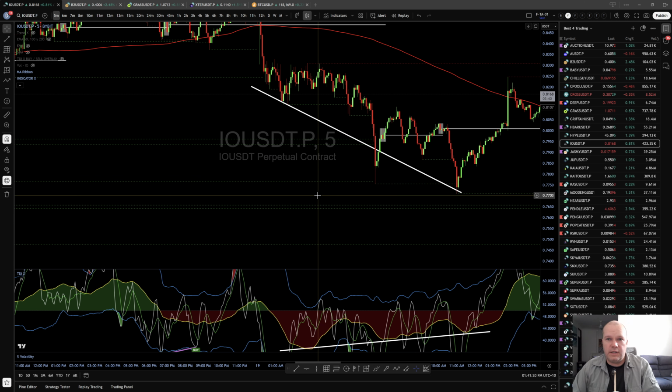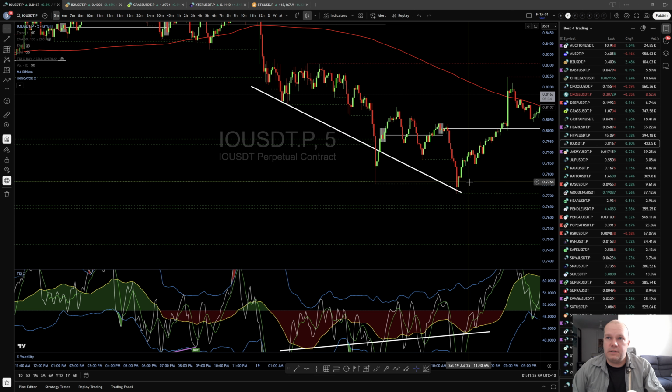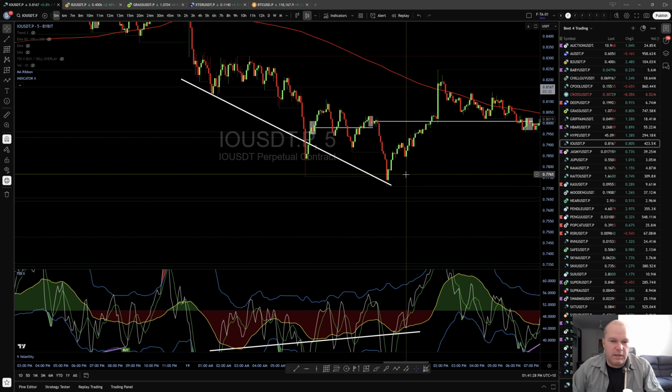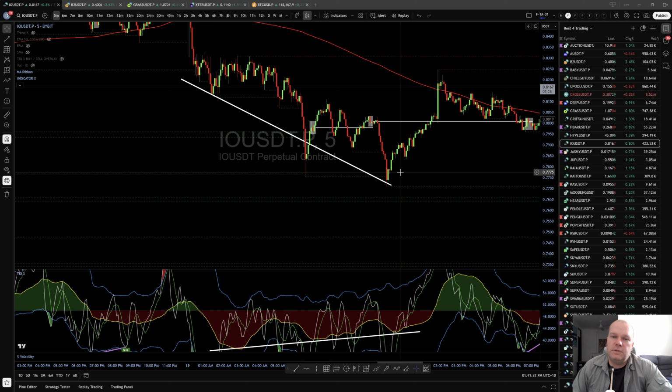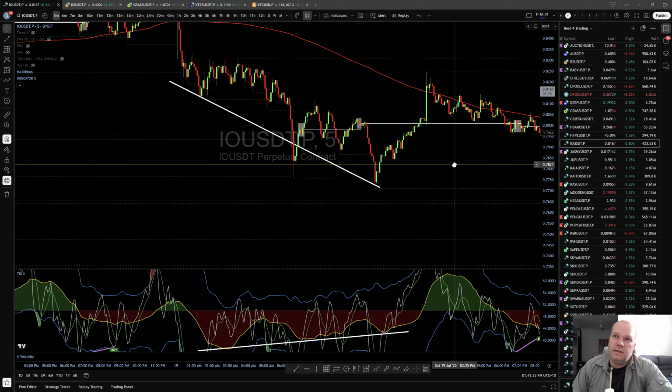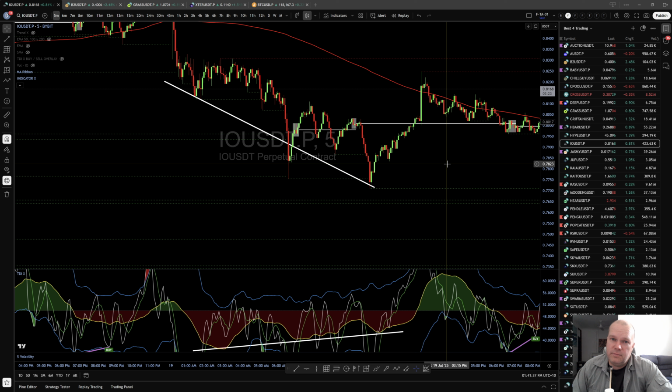That's the refined process. It's pretty simple. It's really simple. You're not always going to get the box on the low time frames, but if you get the money flow divergence and you draw your supply demand zone box, you usually get a pretty good entry. And if you find it on the high time frame,